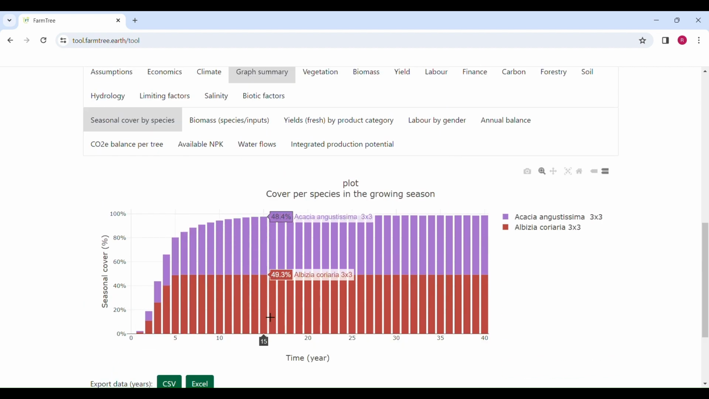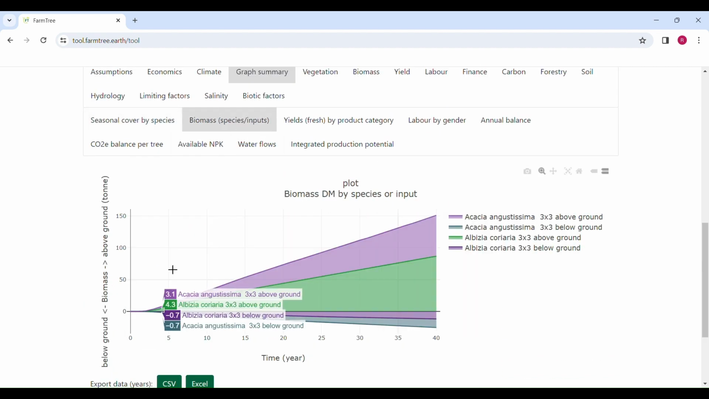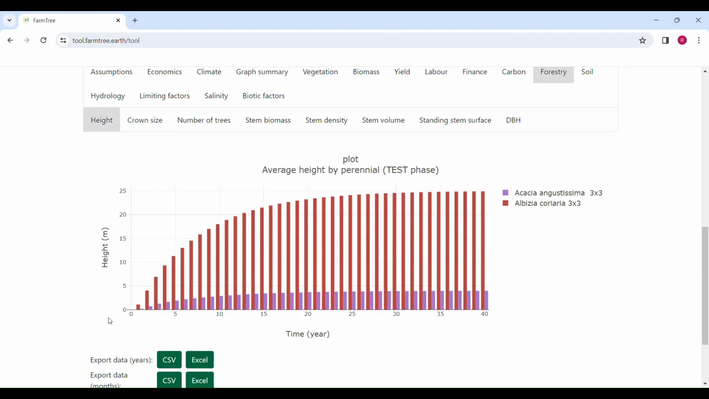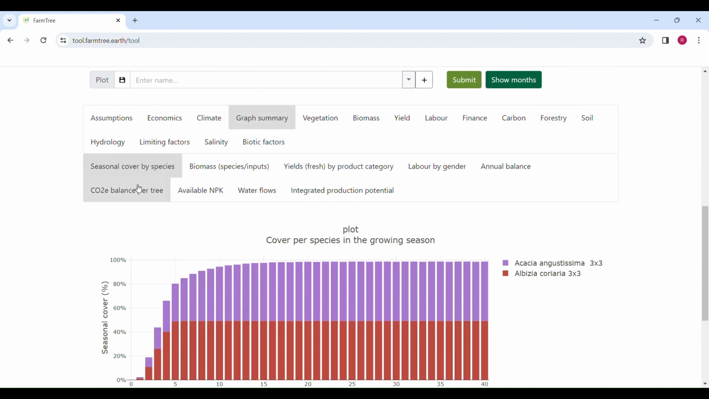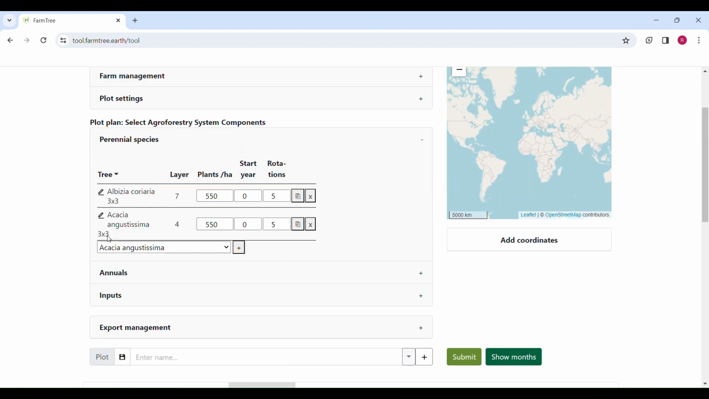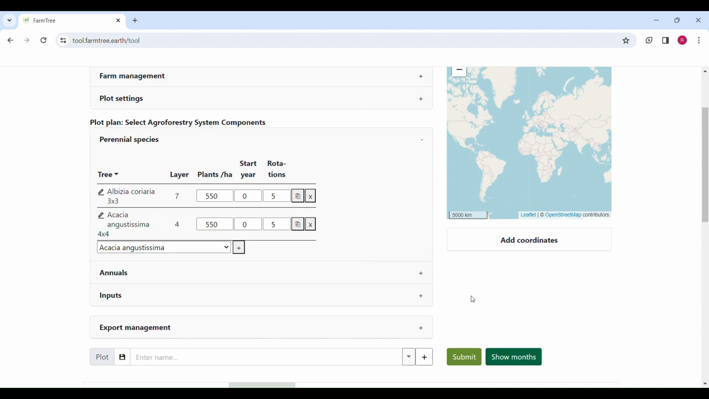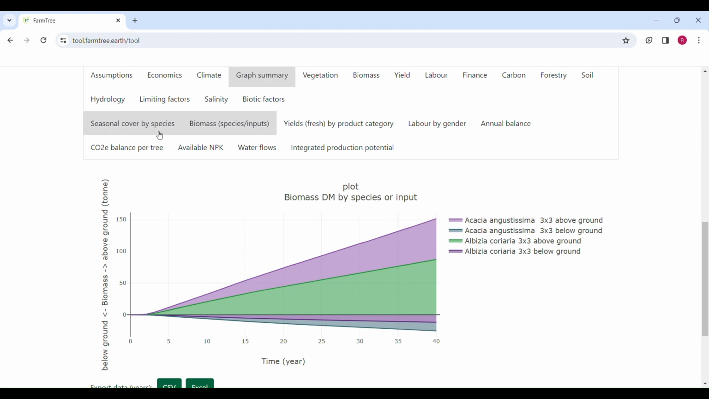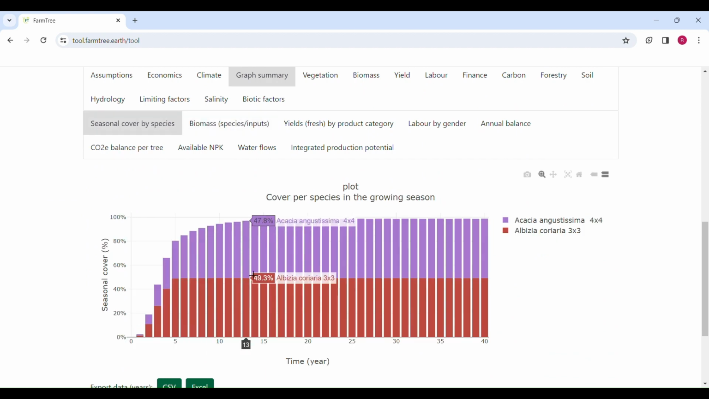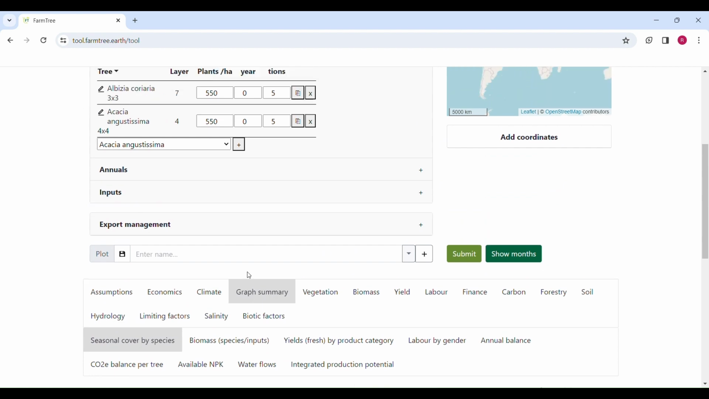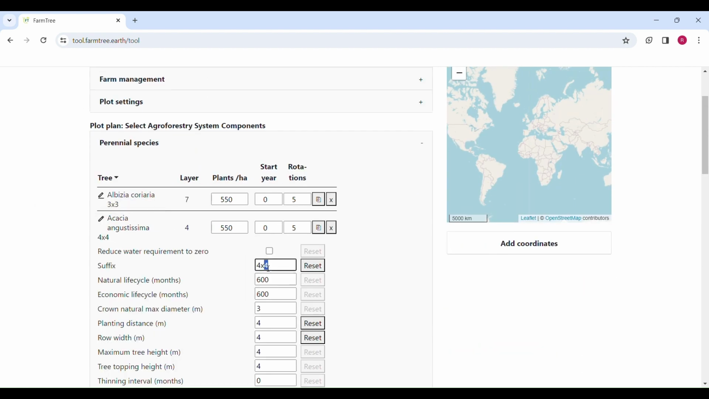Here you can see the cover and the consequent biomass produced. And as I said, with the different layer, you can see the height of the trees, and the acacia is below the albizia. If we are playing again with the planting densities, let's start with the acacia. We change it to 4 by 4, and let's see what happens. Basically nothing. But if we change the planting density of the albizia,